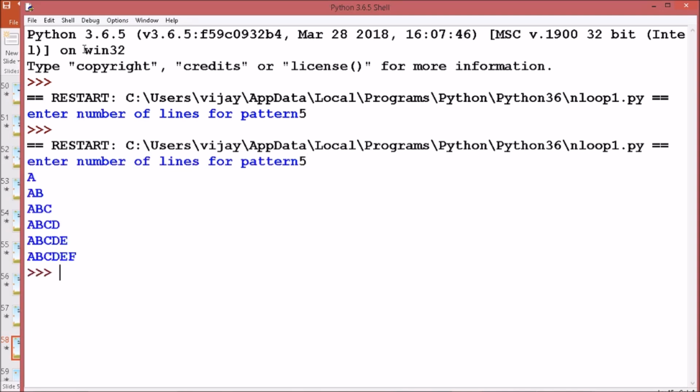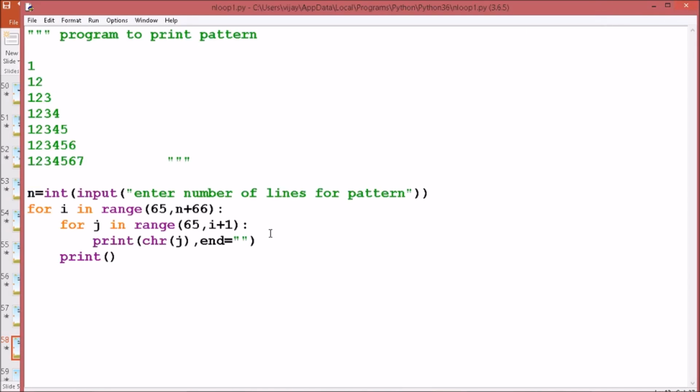So this was the pattern I wanted to display. You can see how this matters. I wanted to start with 65.